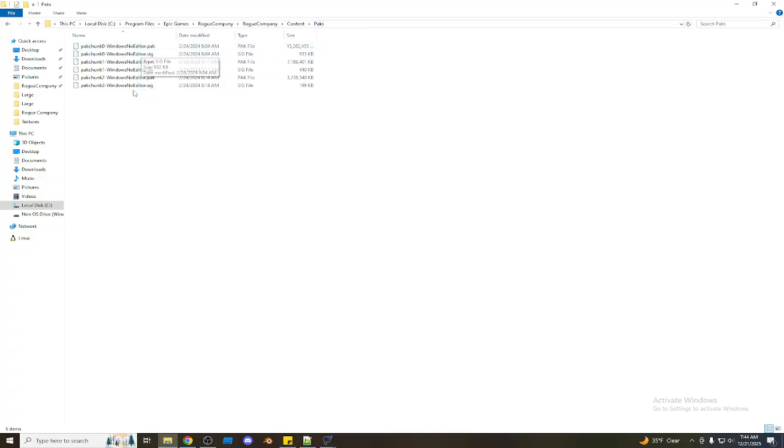The SIG files themselves, you shouldn't have to worry about those. Those are actually just verifying the integrity of the pack files. So if you were to, say, mod the internals of the game, then the SIG file would match the pack file that it's associated with to verify the authenticity of it. I'm not a full-time modder or anything, so I don't get into the files, but that's something to look out for if you are modding. But going back,